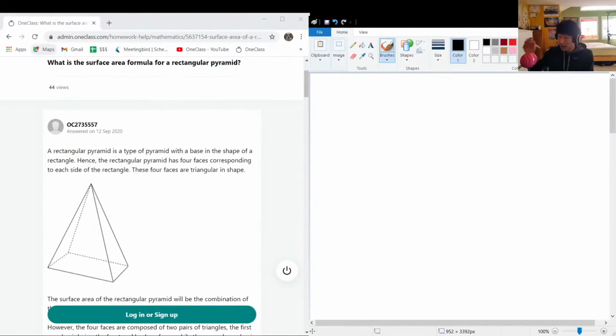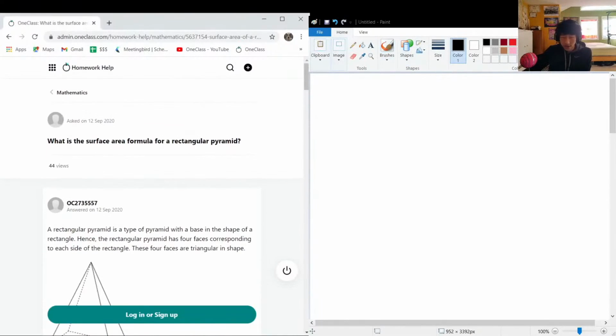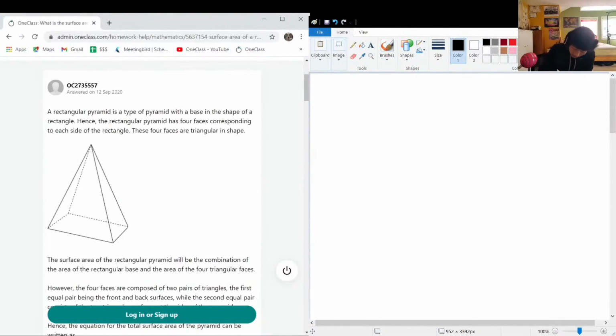surface area. So actually, I'm gonna redraw this out, and we're basically gonna unfold this. If this was like an origami project, and we unfolded it, it would look a little something like this. Let's use these shapes. So it says rectangular pyramid, so that's what the base is. So let's start by adding a rectangle